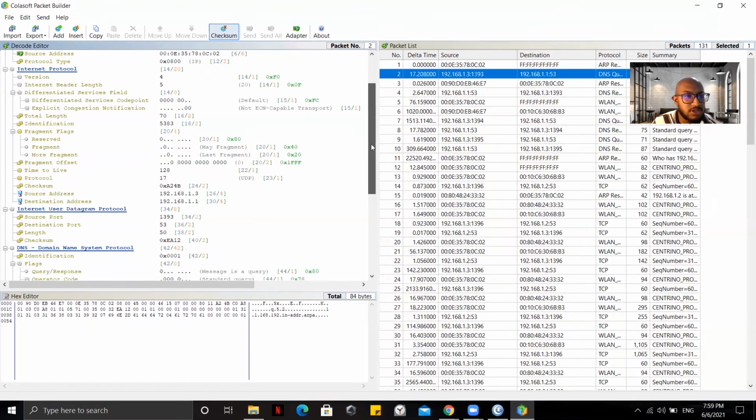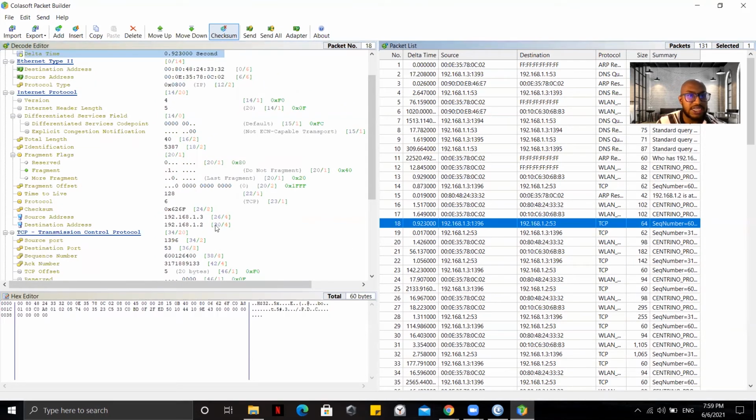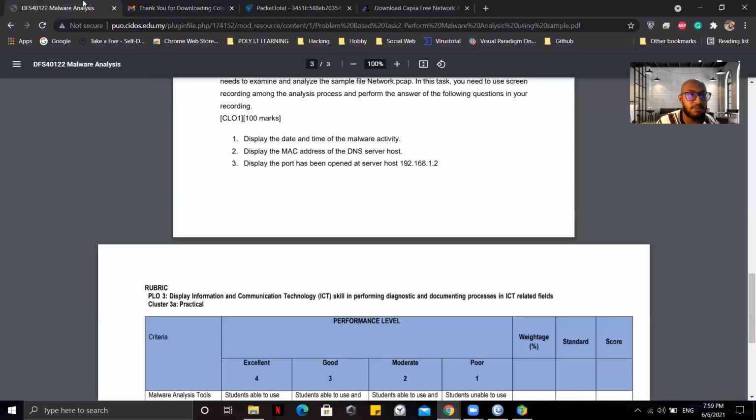Yeah, we are also able to see the source port 1393 and destination port 53, and the length 50 and checksum as well. And let's jump on to 18. So the 18 file is the question that has been asked by my lecturer. Okay, display the MAC address of the DNS server host. And other than that, display the port that has been opened at the server host